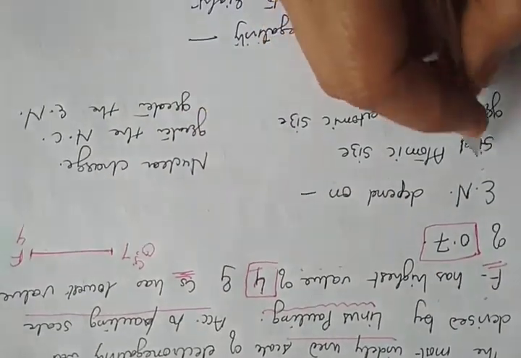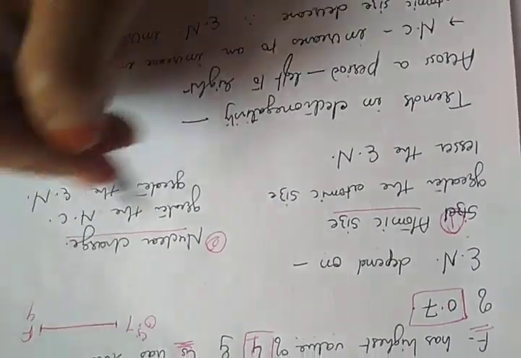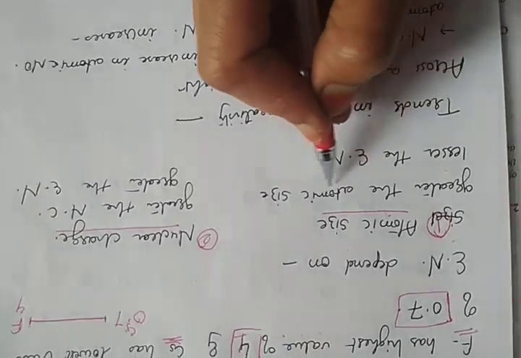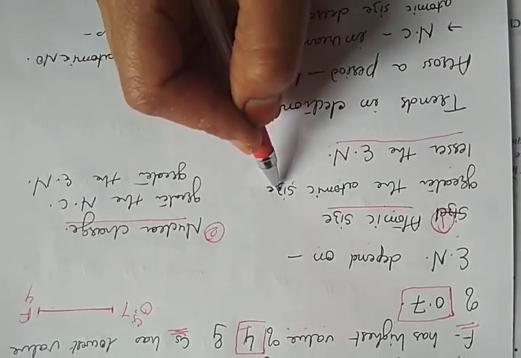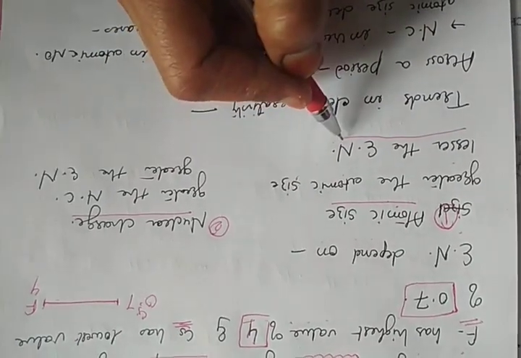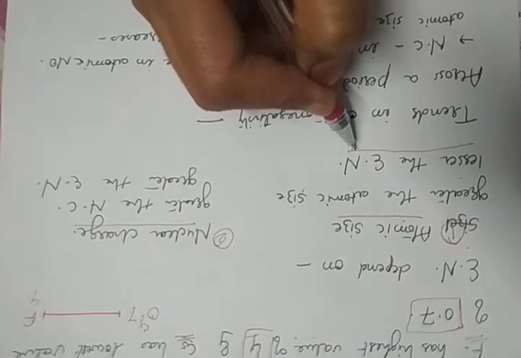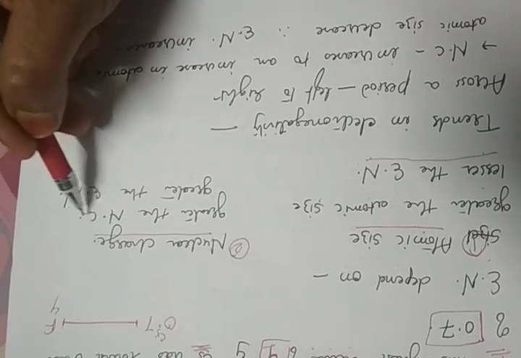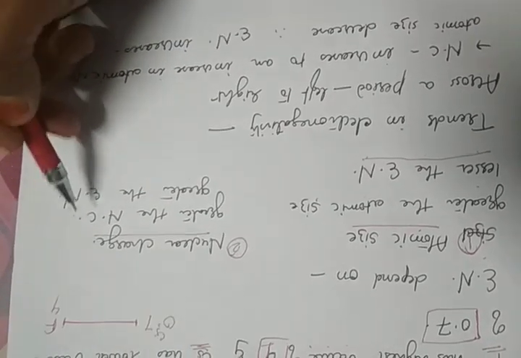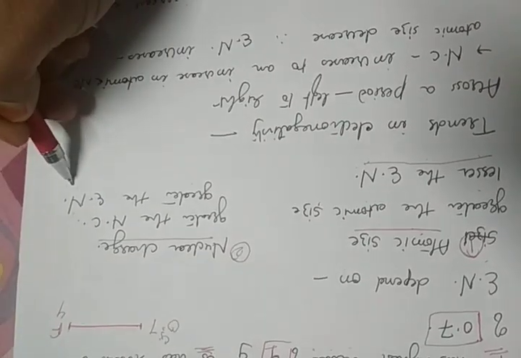Electronegativity depends on first factor, atomic size, and second factor, nuclear charge. First factor is atomic size. The greater the atomic size, the lesser the electronegativity, because if the atomic size is greater, the shared pair of electrons will be attracted by the atom with less force. Thus the electronegativity will be less. The greater the nuclear charge, the greater the electronegativity, because the nuclear charge will be stronger, then the shared pair of electrons will be attracted by the atom very strongly, thus greater the electronegativity.